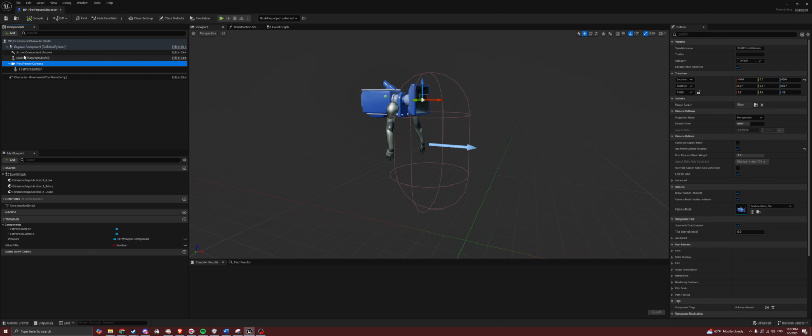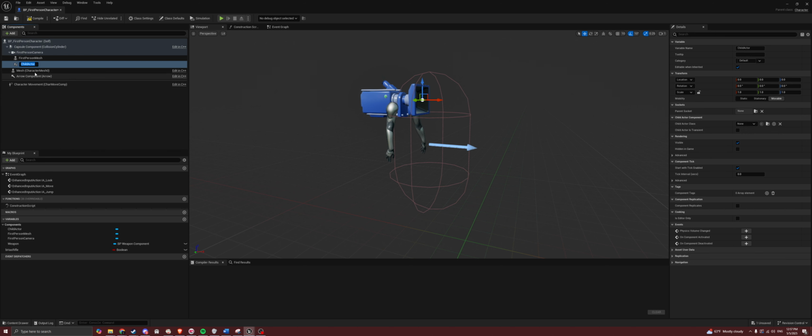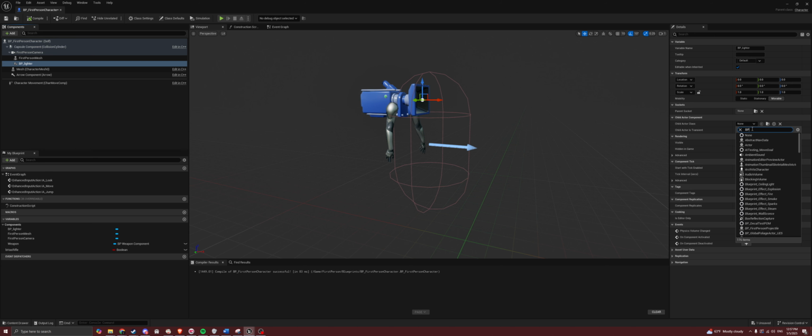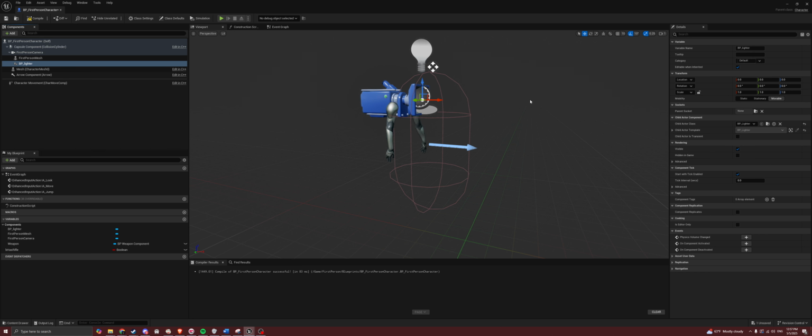Okay, yeah, so you're going to select the first person camera and then add a child actor to it. You can name this BP lighter, because that's what we actually are adding to it. It's just the BP lighter. Compile, so you can set the child actor class, and in the child actor class search for BP lighter. So yeah, now that basically sets the lighter as a child actor of your player movement